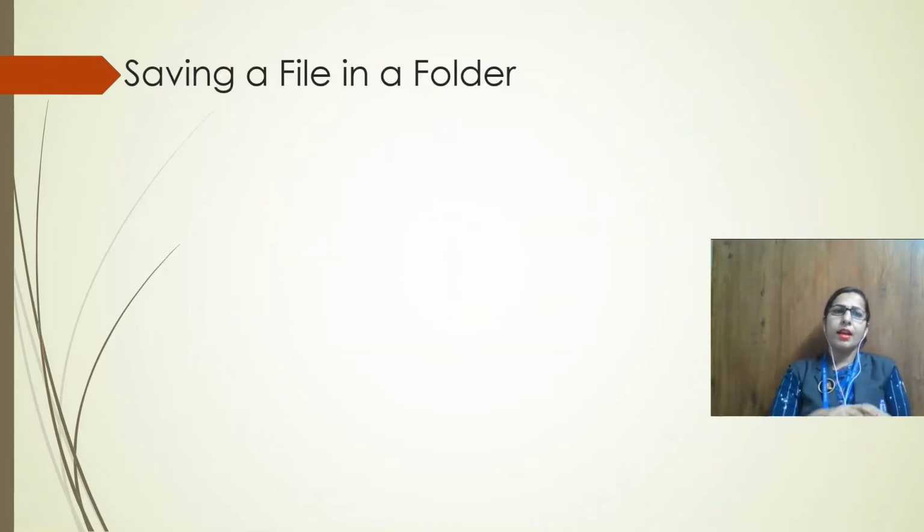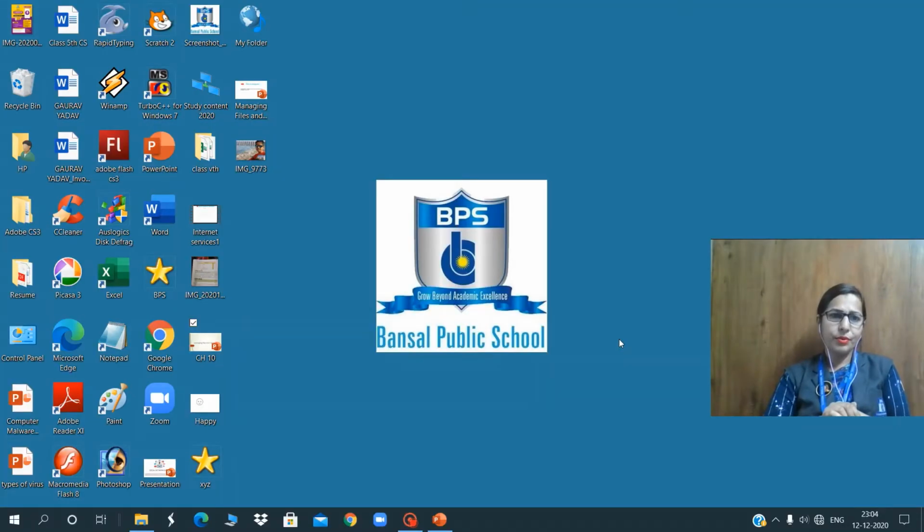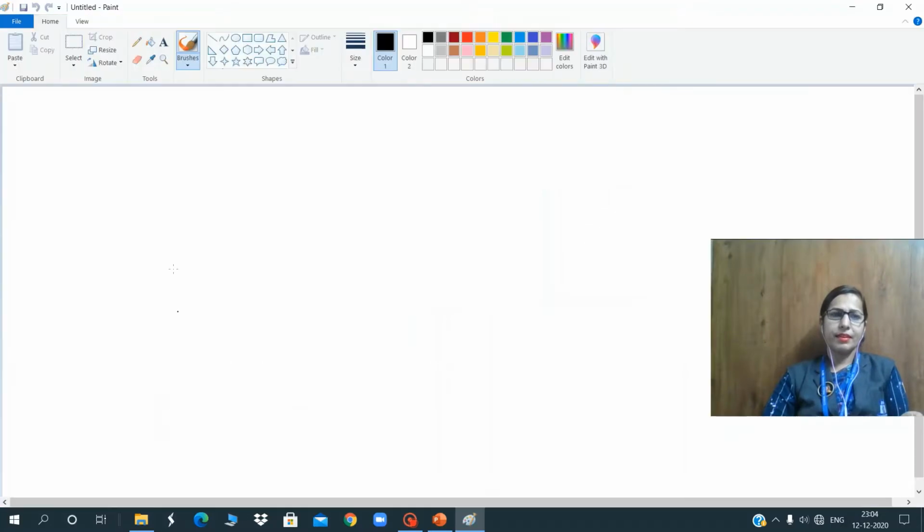See, now saving a file in a folder. How can we save a file in a folder? First we have to create a file. First we have to open the application where we want to create a file. Just open Paint and draw a picture.